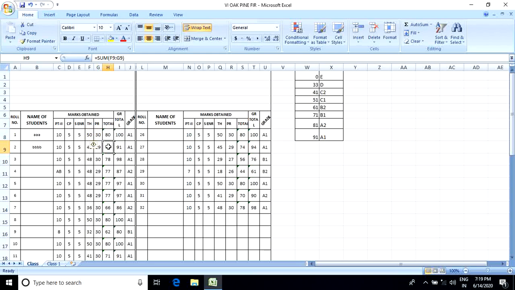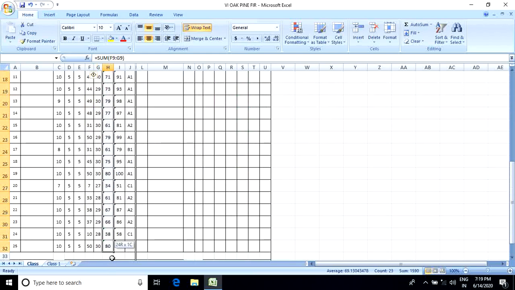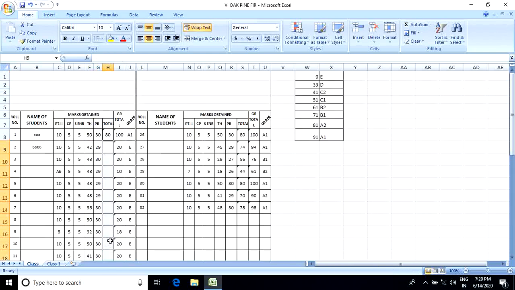Suppose one value is already calculated, 80. Now the other cells also have some values, isn't it? Now how can we calculate? Again we write sum equals to sum, and so on?